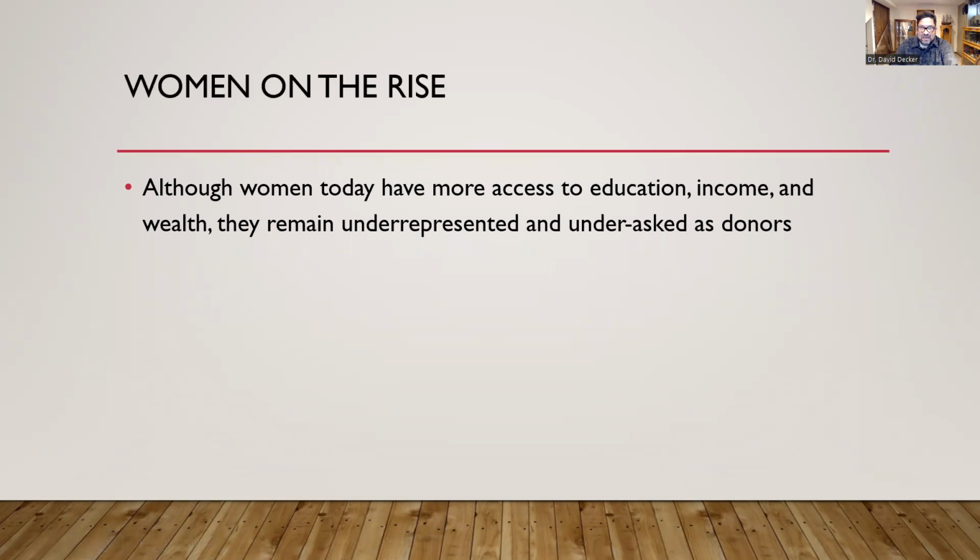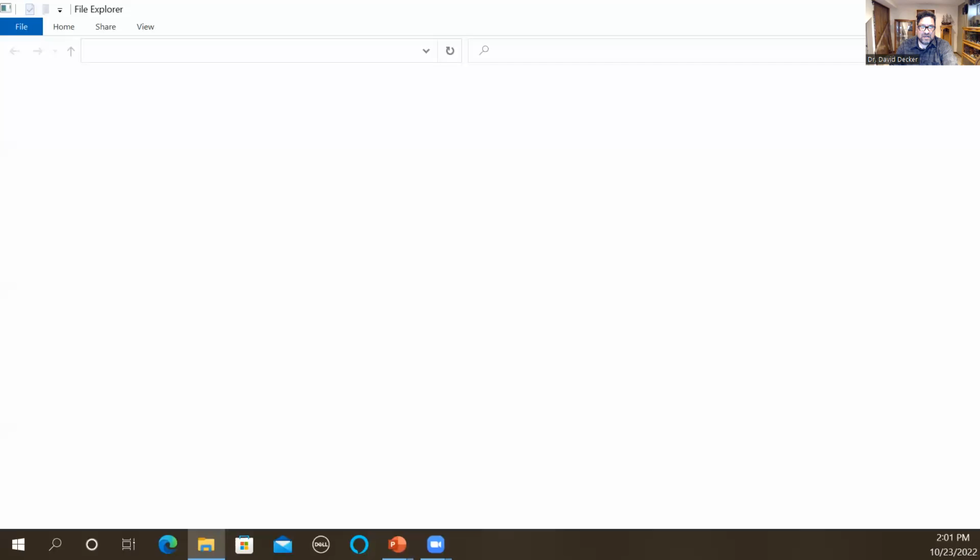One couple of things that we gathered from the readings and from some outside research is that although women today have more access to education, income, and wealth, they remain underrepresented and under-asked as donors. What I find through experience, and what you may have seen in your own institution, is that it's often for silly reasons. Often it's when addressing an envelope: are we addressing it to the husband and the wife, or just to the husband, or is the husband first and not the wife first? All of those things play into a general feeling amongst women that they're not being solicited as often,